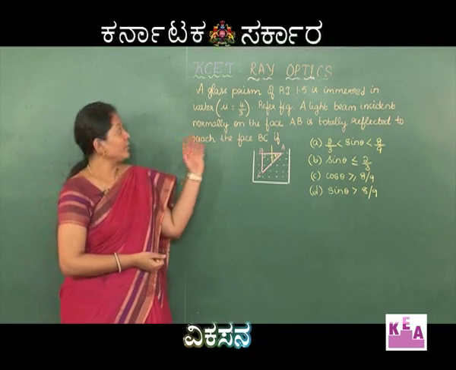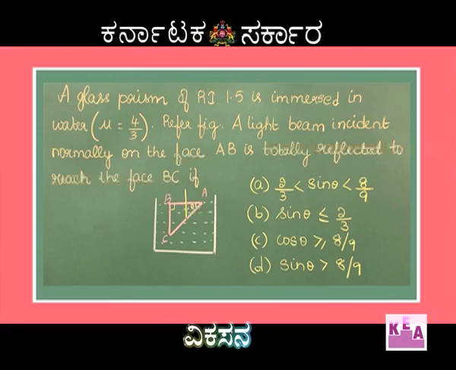Students, let us go to the next question. A glass prism of refractive index 1.5 is immersed in water of refractive index 4/3. Refer to the figure. A light beam incident normally on the face AB is totally reflected to reach the face BC if